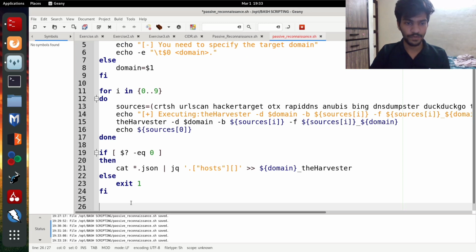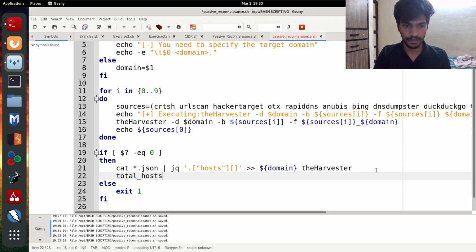And in the last, what we are going to do, we are going to use another tool called Subfinder, which is part of the projectdiscovery.io, जिसके बारे में हमने बात की थी. But फिलहाल हम इसको और आगे कंटिन्यू करके देखते हैं. So all of the data will be saved to this JSON file. Okay, this file. All right, now the thing is I want to calculate the number of total